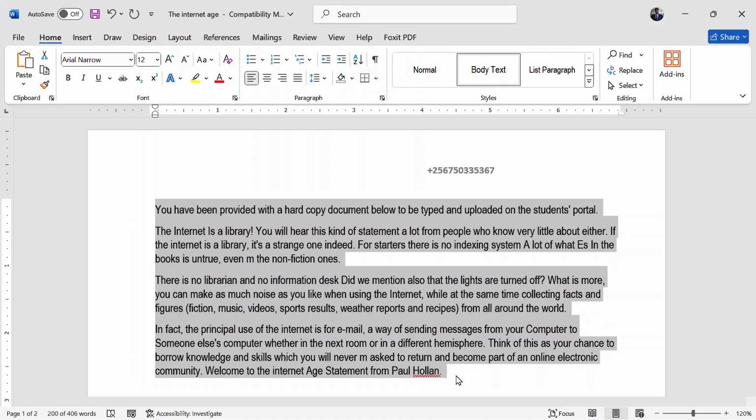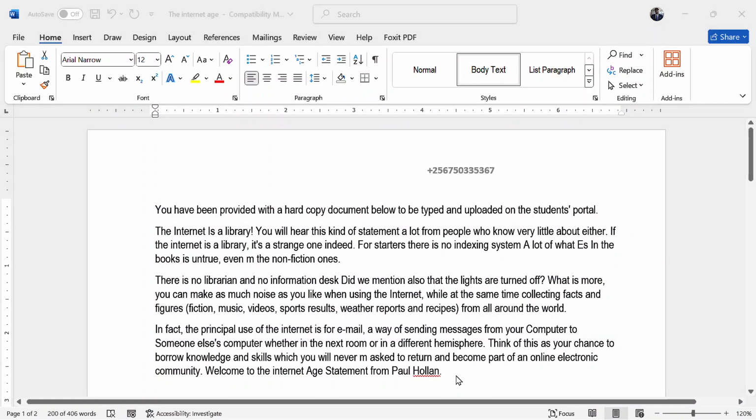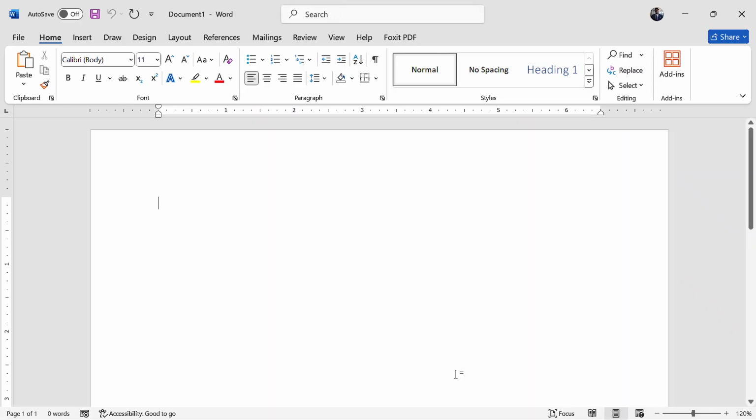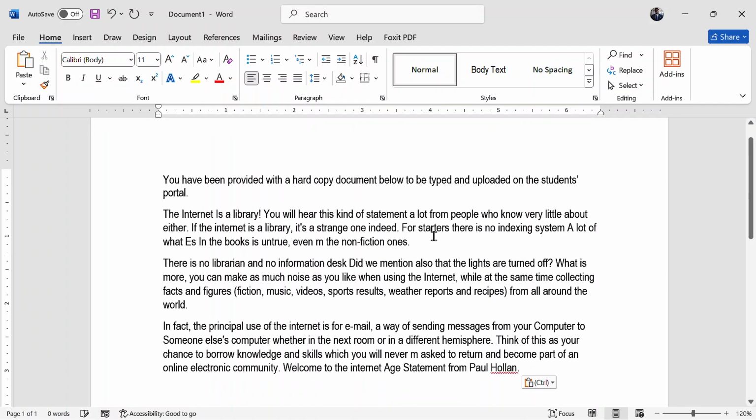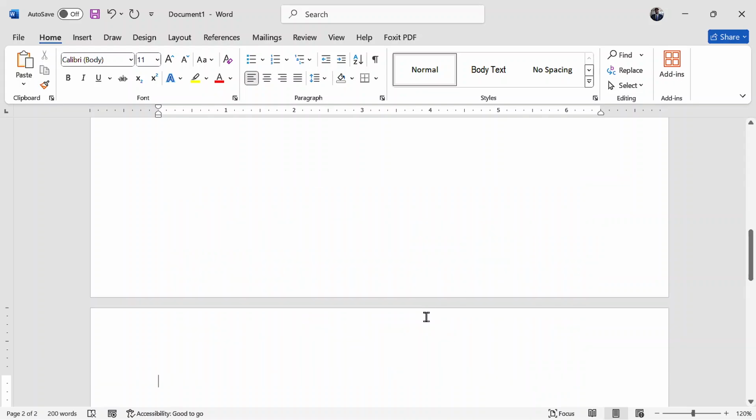All right. Let me create a new document and then I paste whatever was in the first document into this. I want to create like 3 pages. Actually, let me create like 5 to give us a good way of how we can deal with the sections. Let me press Ctrl plus Enter and I create my 5 pages.